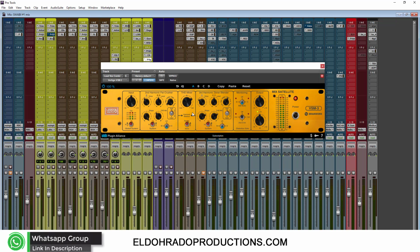Now, if I did use it in a mastering situation, it would be hard for me to really demonstrate how versatile this plugin is, because in a mastering stage, you're going to want to use things in a subtle way, not really affect the whole nature of the sound and change it completely, because you don't really need that in a mastering stage. So as you can hear, it's a very nice and versatile plugin, and I will be going